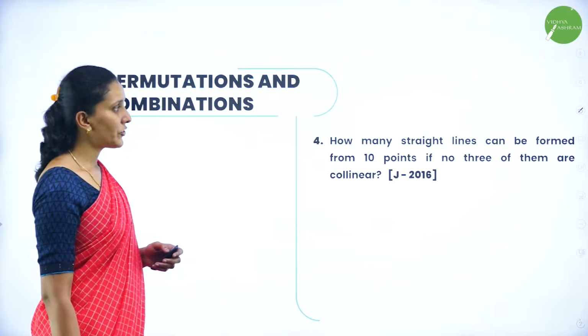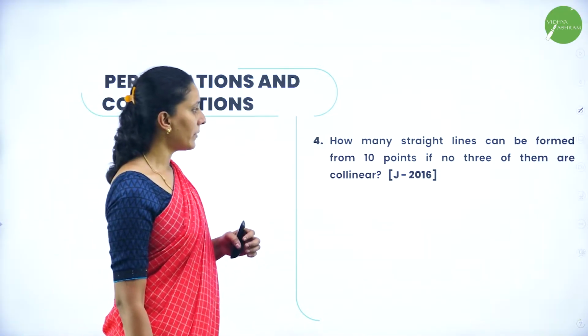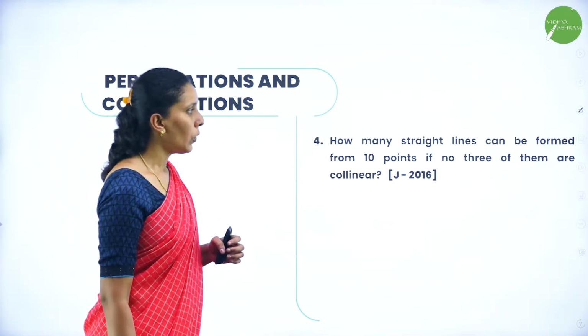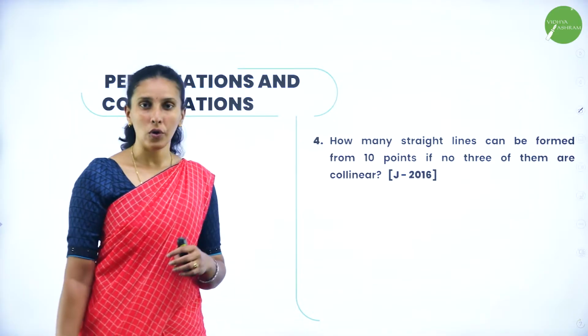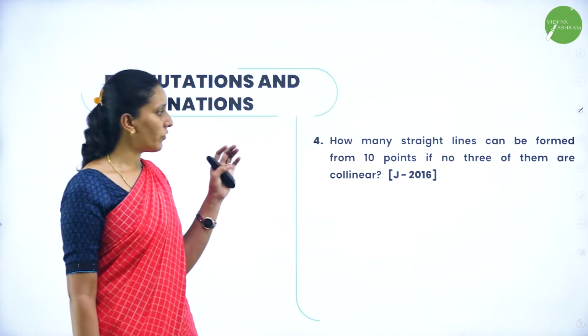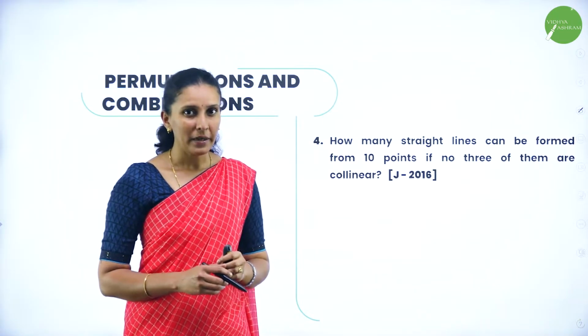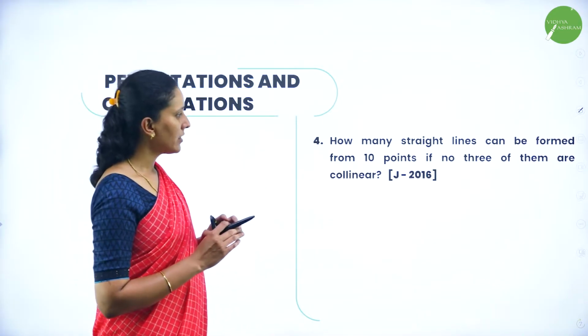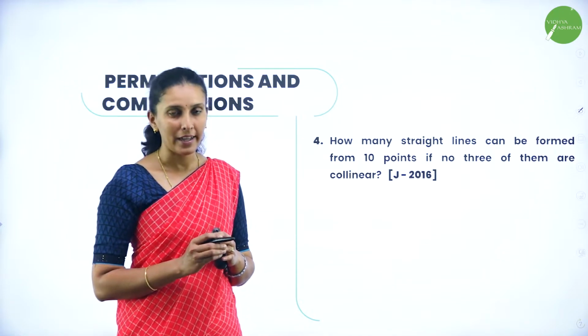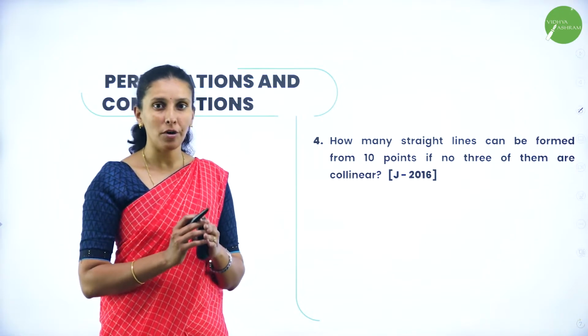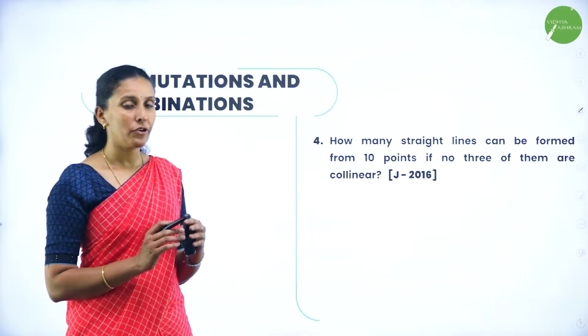Next, how many straight lines can be formed from 10 points if no 3 of them are collinear? So that means out of 10 points, none of them are collinear here. So all 10 points can be used to form a straight line, and the minimum number of points to form a straight line is 2. So therefore, we use the formula